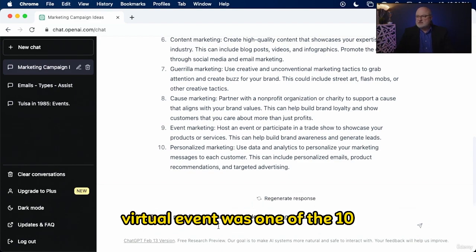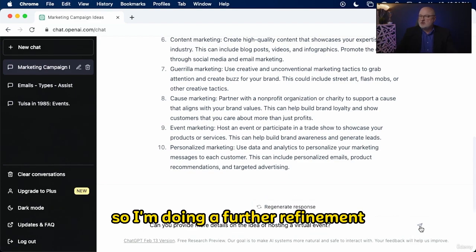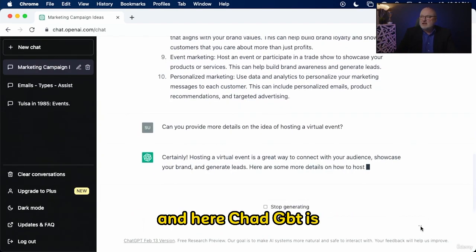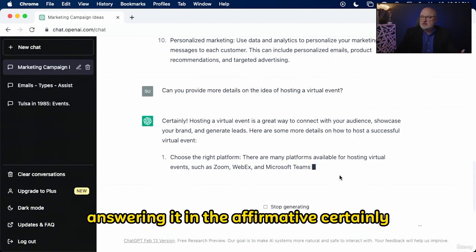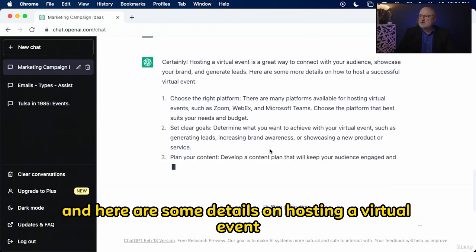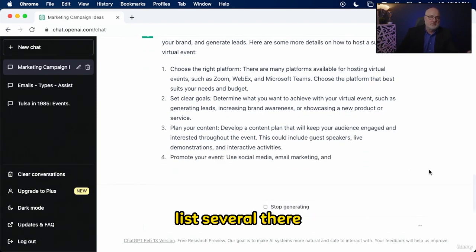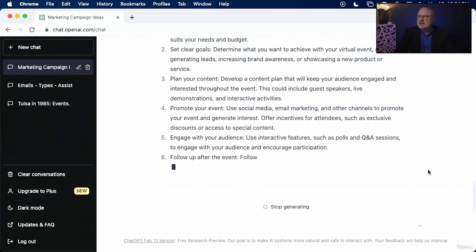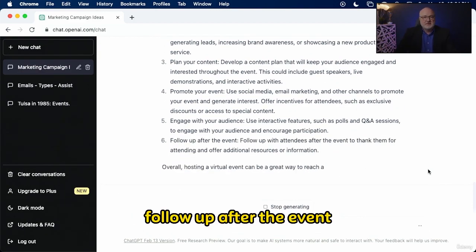And in my instance, virtual event was one of the 10, so I'm doing a further refinement. I encourage you to do the same with one that interests you. And here, ChatGPT is answering in the affirmative, certainly. And here are some details on hosting a virtual event. Choose the right platform, list several there. Set clear goals, plan your content, promote your event, engage with your audience, follow up after the event, and then